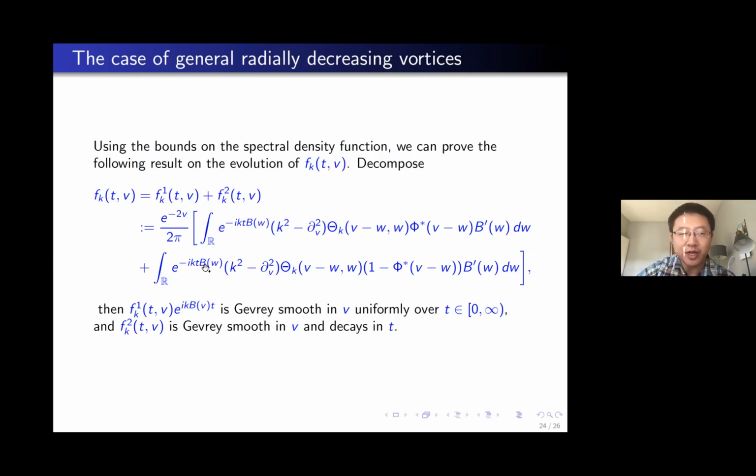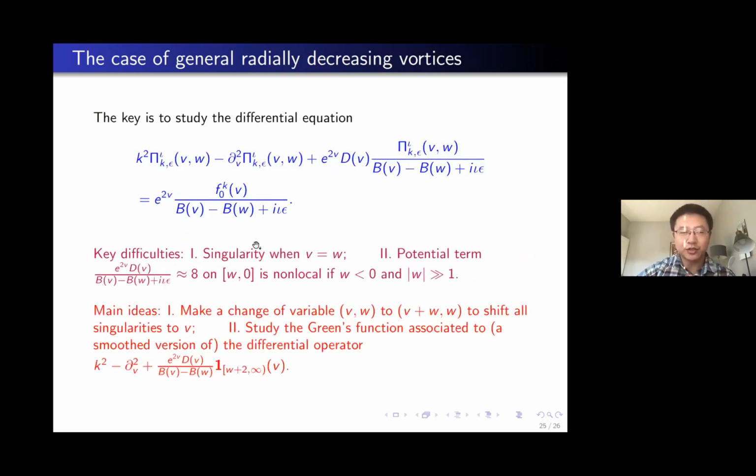If you take a derivative in W, B prime of W is like e to the minus absolute value of W. So every time you integrate by parts, you have to eat up some physical space decay, which is exponential. You can only integrate by parts several times before you eat up all the decay, and then you stop. That's why this is very smooth in V, but has limited decay in T, which depends on K. I had some more, but I think I should stop here without going through the details of the proof. Thank you, and sorry for going over time.